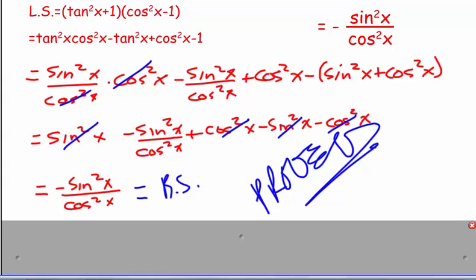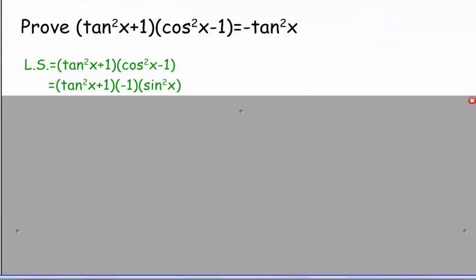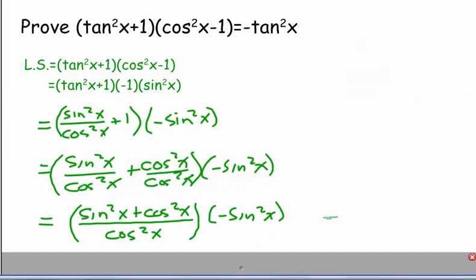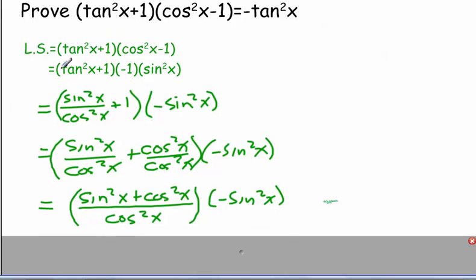So completely different set of steps, or at least completely different order for the steps. We saw some things that occurred here. I had the same negative sine squared over cos squared times cos squared on the previous question. But again, as long as I'm sticking with legitimate mathematical steps and I'm not making mistakes in the process, I will get there. Okay, so I won't read through, but you can see that this one I've done some similar